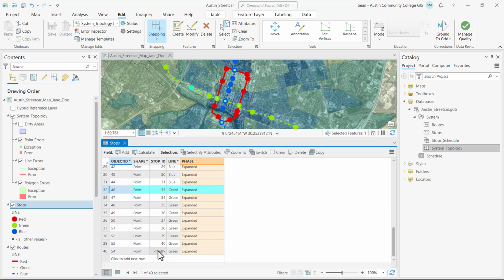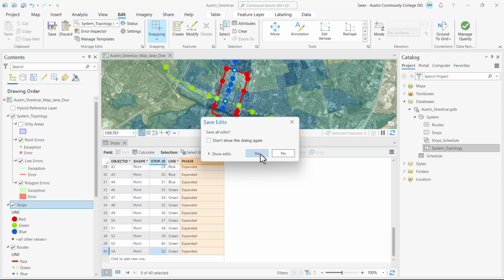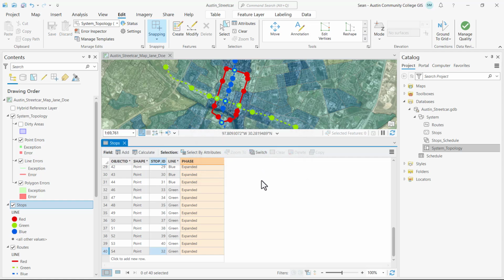So I'm going to click on the stop ID value and enter in 32 and click enter and clear my selection. There I can see now my first stop on the green line is marked as 32. That's right. Go ahead and save my edits. Now I'm going to close my stops table view